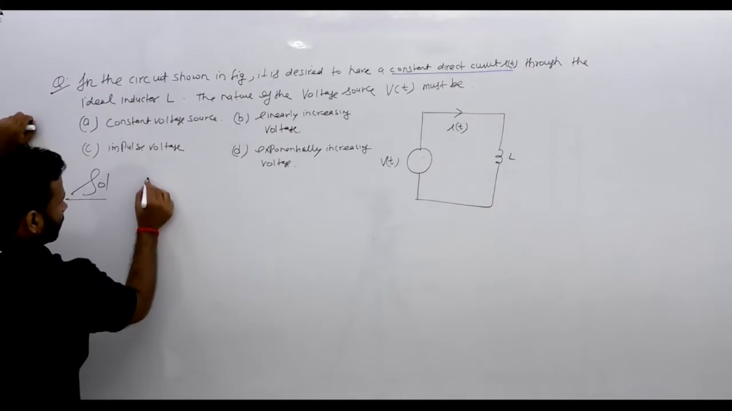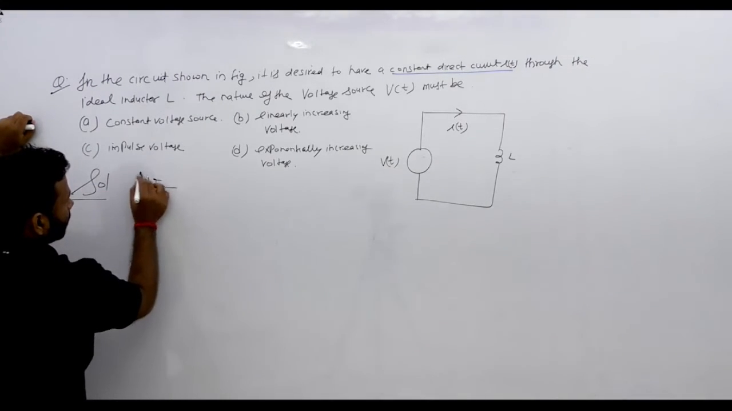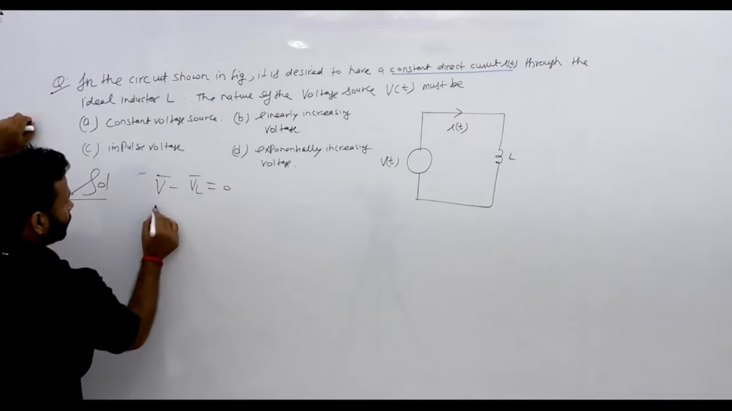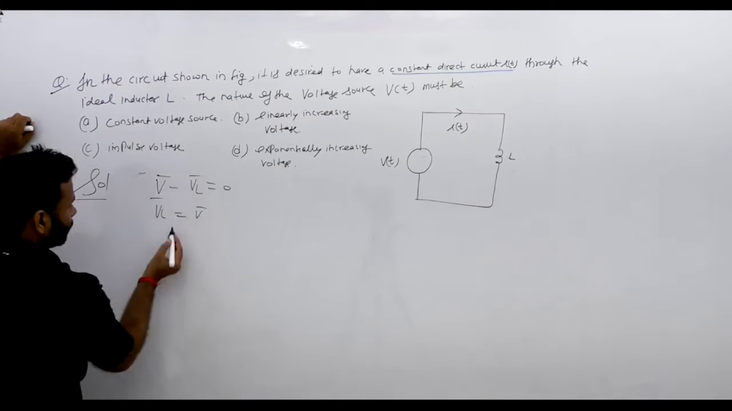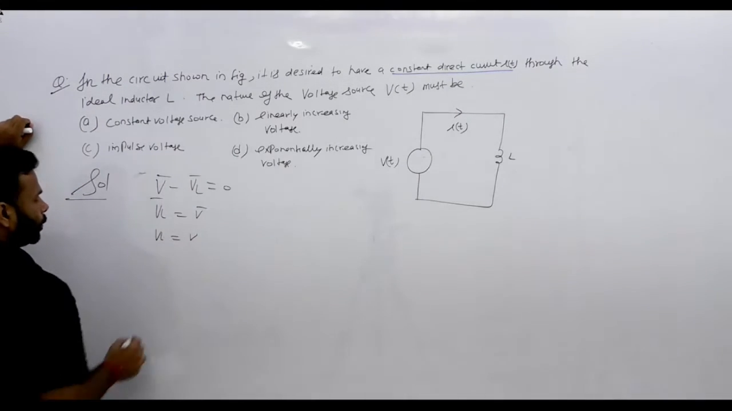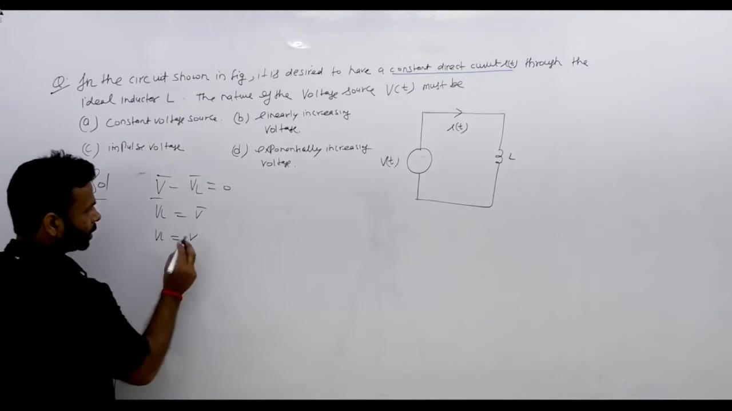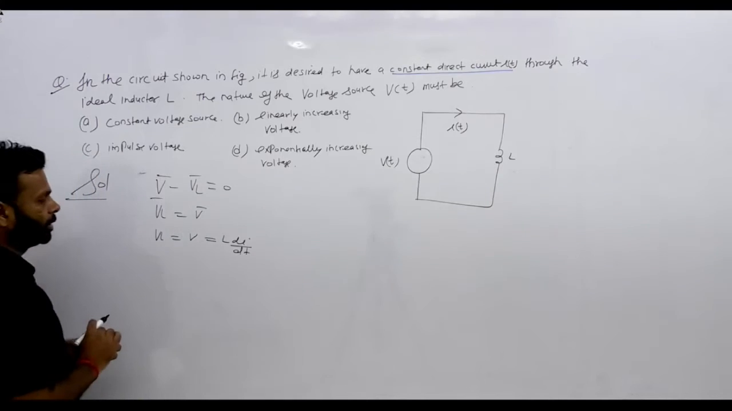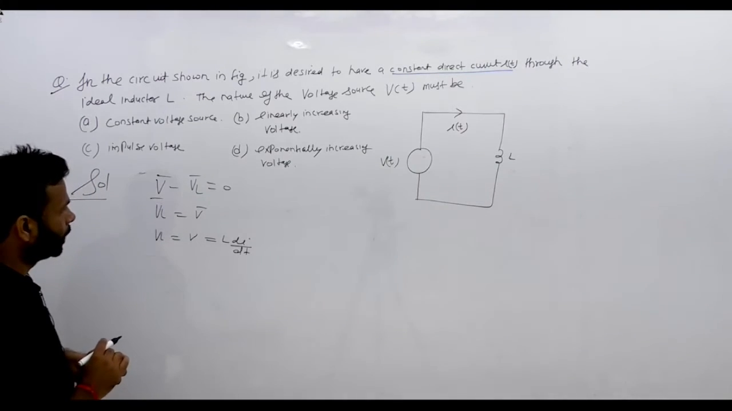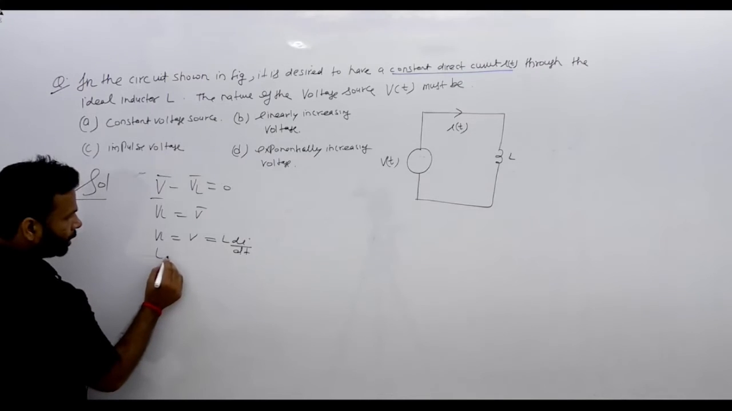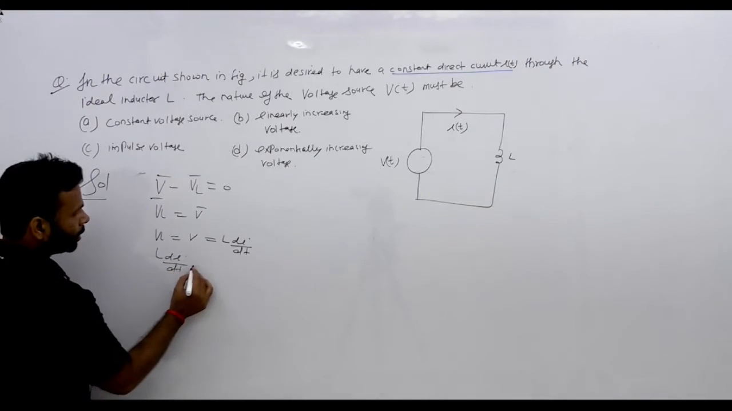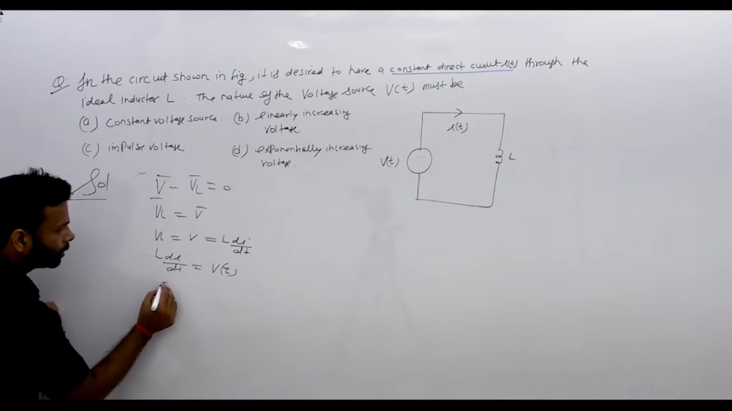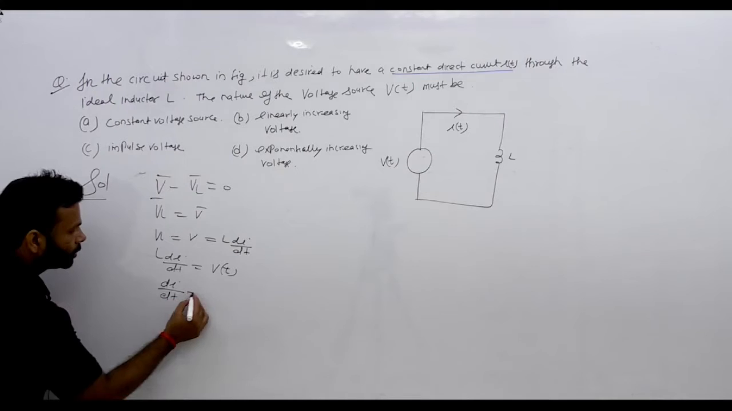सो फॉर द इंडक्टर इफ यू अप्लाई द KVL देन V minus VL equals to 0, then VL is equals to V, and if you take the magnitude then VL equals to V। ठीक है यहां तक। इंडक्टर के थ्रू वोल्टेज क्या होता है, इट इज L di by dt। सो L di by dt is equals to V, that is VT, that is given to you in the question।